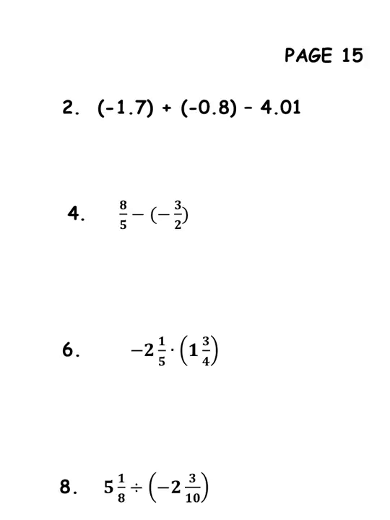We are going to first add our decimals, and negative 1.7 plus negative 0 and 8/10 is going to give you negative 2.5, and then we'll subtract 4 and 1/100, and when we subtract that we get negative 6 and